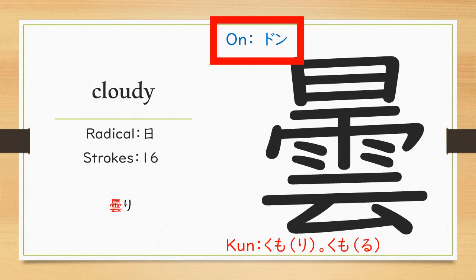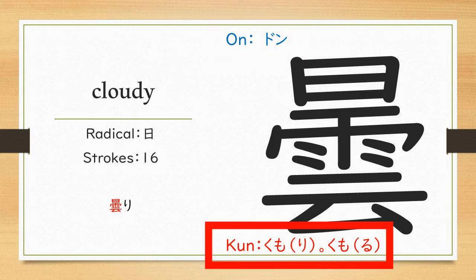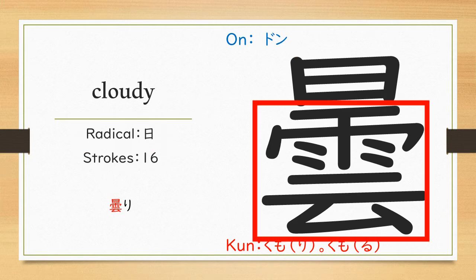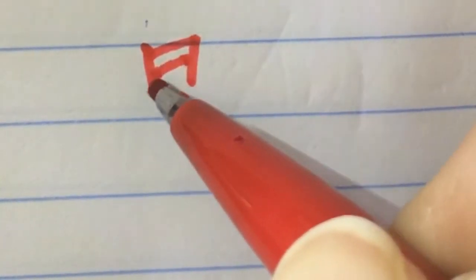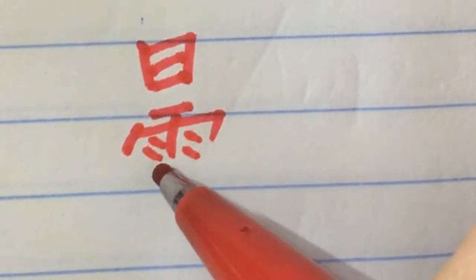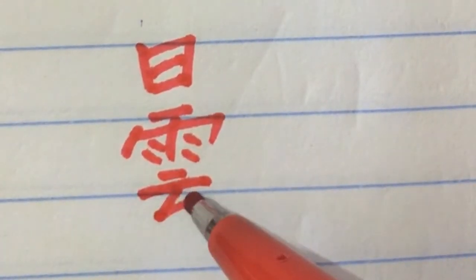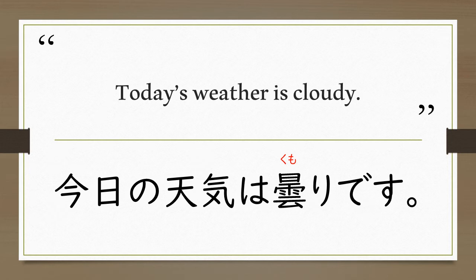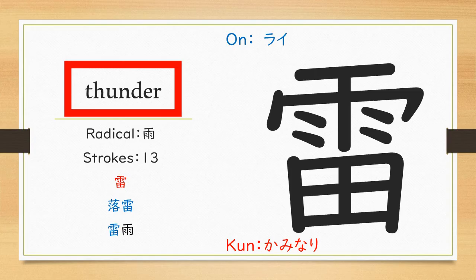The meaning is cloudy. On is don. Kun is kumori, kumoru. Radical is nichi, and then you have that kumo underneath nichi. That makes sense. So you write the sun and kumo, which is ame, and katakana ni and katakana mu. Today's weather is cloudy. 今日の天気は曇りです。曇り is a noun, so 曇りです。